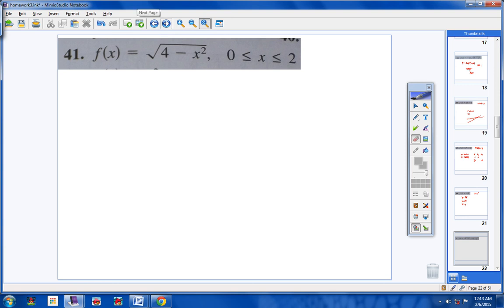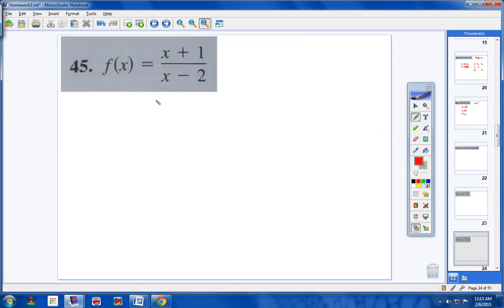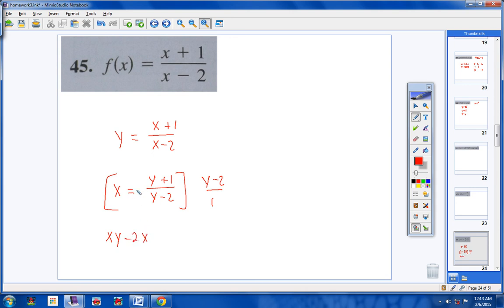Alright, number 43. Let's go ahead and find the inverse of this function. So where's my y? Right here. And everywhere there's a y, I'm going to go ahead and put an x. And everywhere there's an x, I'm going to go ahead and put a y. Now, I'm going to multiply the entire equation by y minus 2 over 1. So y minus 2 times x would be x, y minus 2x, okay? X times y, x times -2. Over here, your x minus 2 would cancel, and you're left with